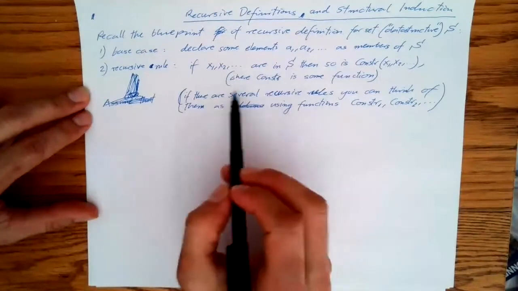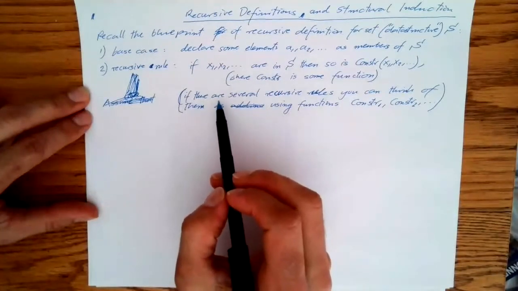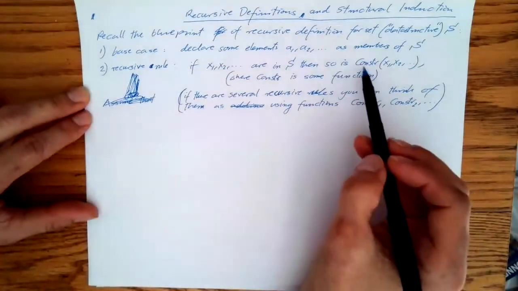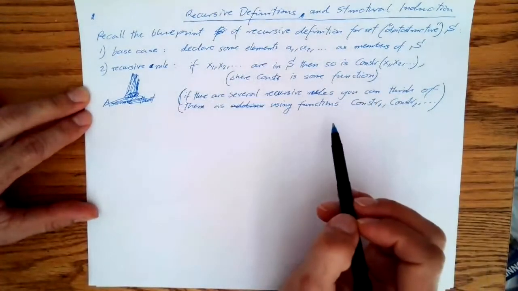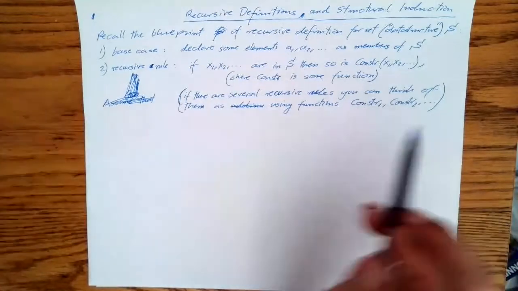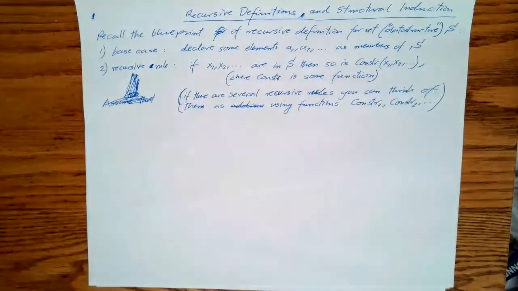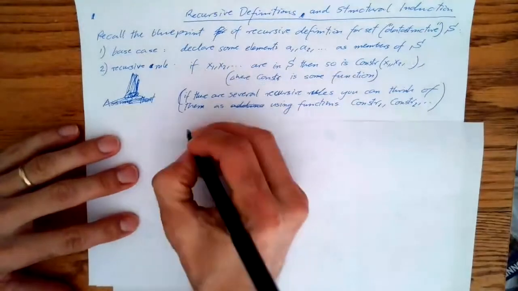Okay, and also we have seen cases where there is not just one such recursive rule, right? There's several. So therefore, really this is construction 1, construction 2. So for example,